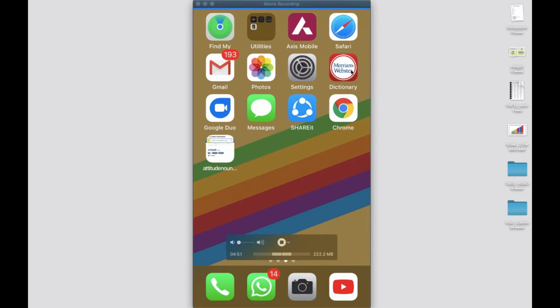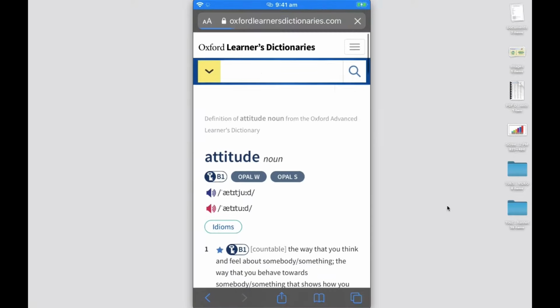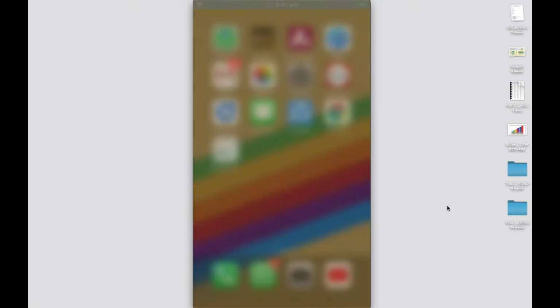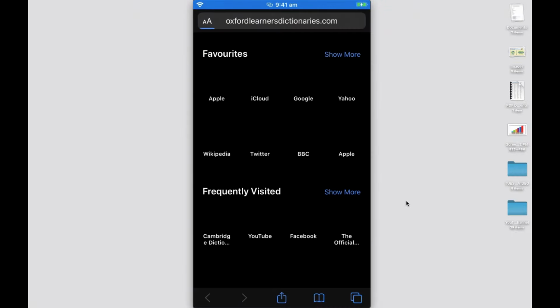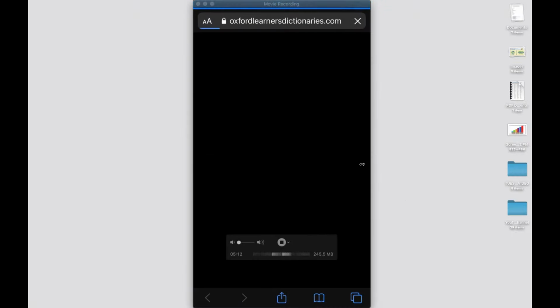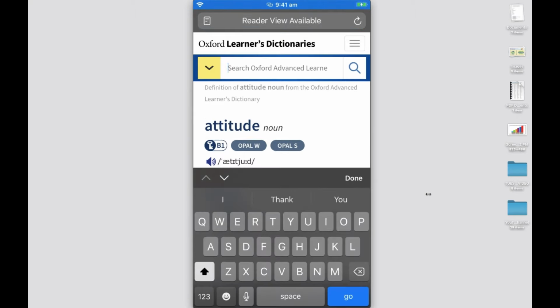I already have the Merriam-Webster dictionary app downloaded from the App Store. It's exactly the same. You just go ahead and click on that. That's it. You got everything the same. Just close everything and open this dictionary. You got that, so you can use it anytime you want. That's it. Any word you type in,